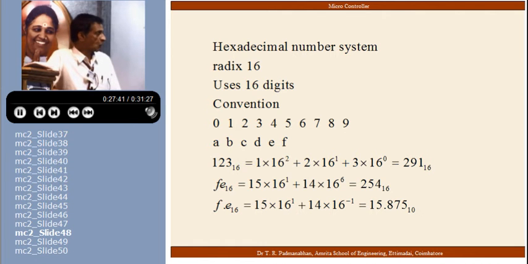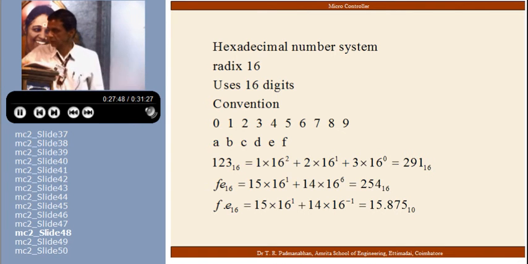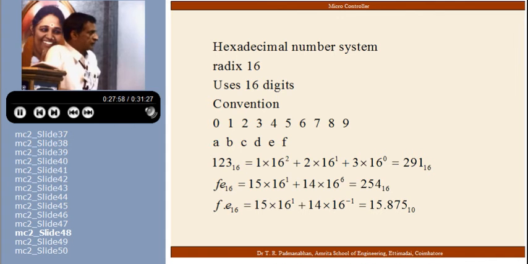I have taken here 1, 2, 3 to the base 16. Just as the same number we took earlier, what we took as 1, 2, 3 to the base 8, I have taken the same 1, 2, 3 to the base 16. If I convert that into decimal form, I get,